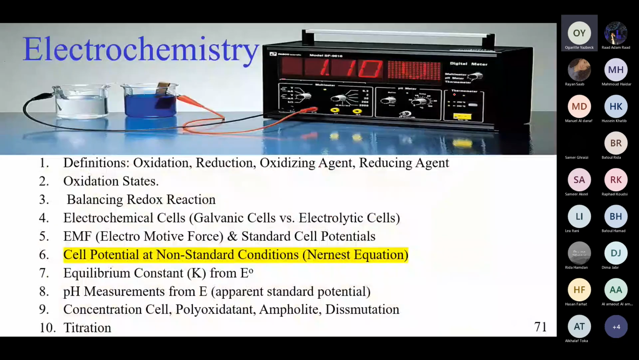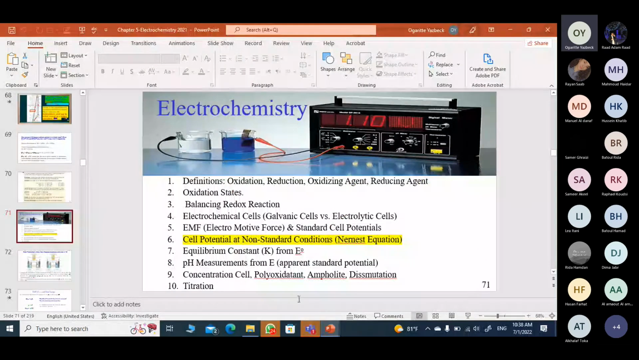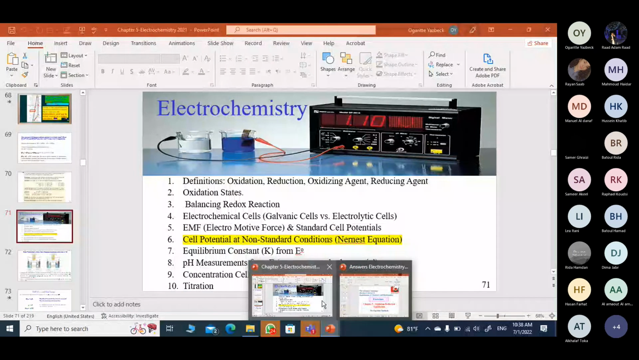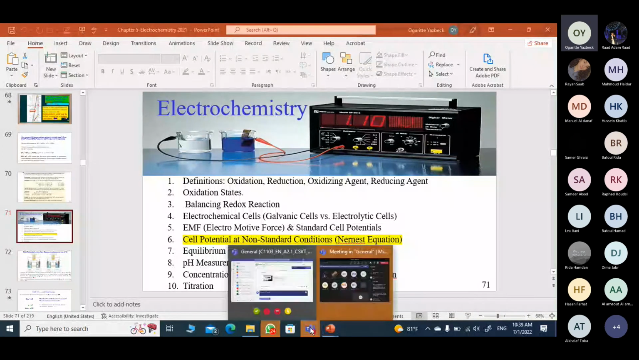Okay, so at this point, we have completed part 5, which is electromotive force and standard potential, and we can start doing the problem sets for that section. Now I want to continue with the next section because it is very related, without doing necessarily the problem sets yet. Okay,